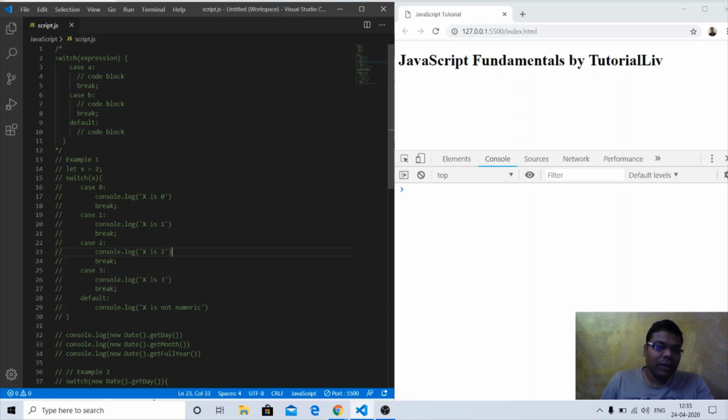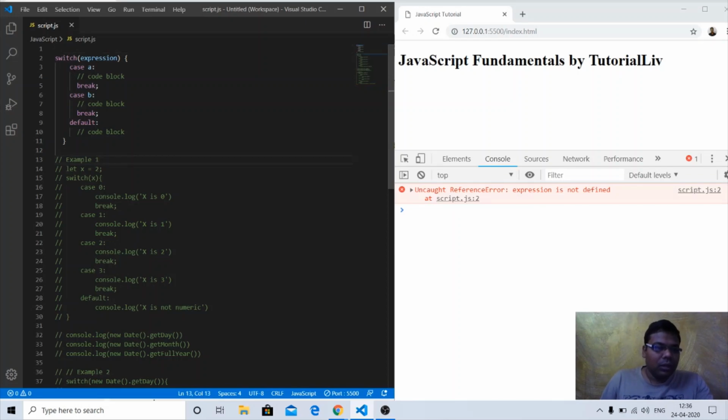It is a little bit different from if else if, because it's a block of code which works on different cases. You can see this particular block of code. Just concentrate with me on this particular part. Let me uncomment it for you, but it will throw an error. That's why I have commented it out.